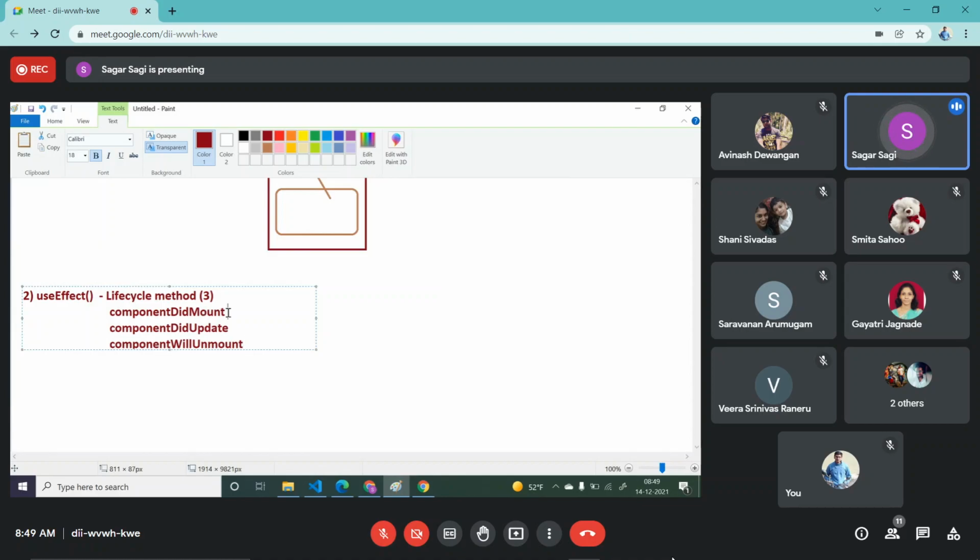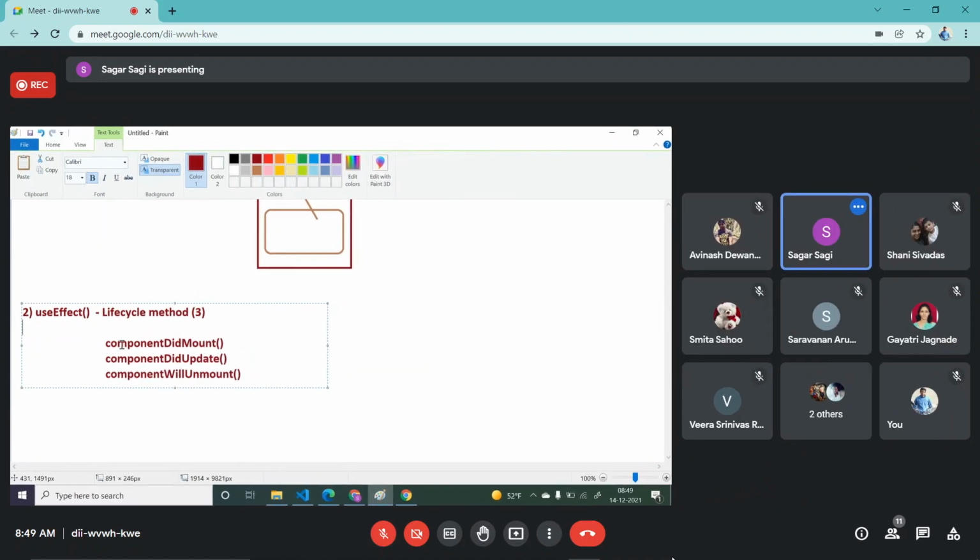These are the 3 life cycle methods which will be handled by your useEffect hook, and these are the only 3 life cycle methods mostly used in your real time. Okay, so let's see how this useEffect is going to handle all these 3 life cycle methods.